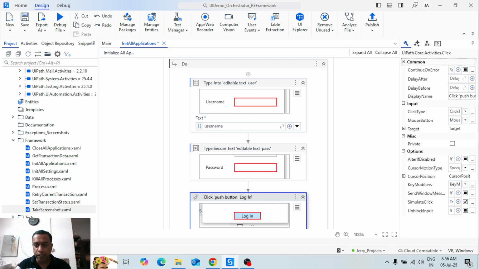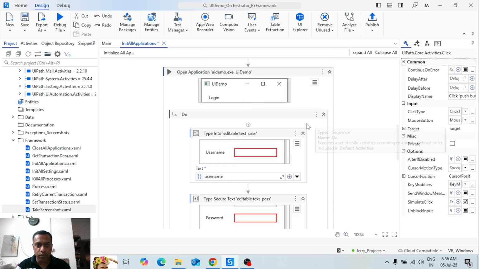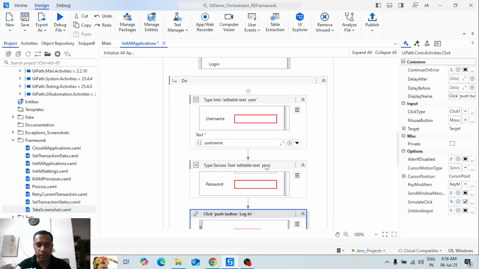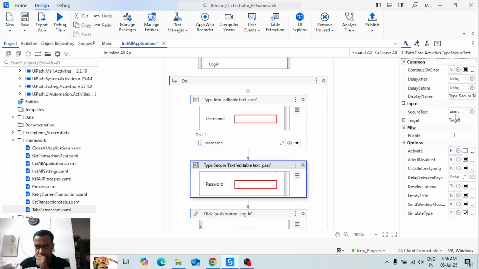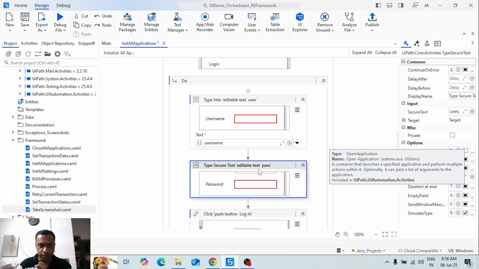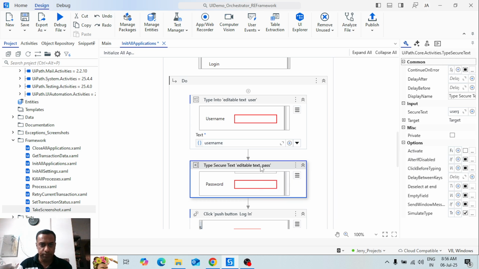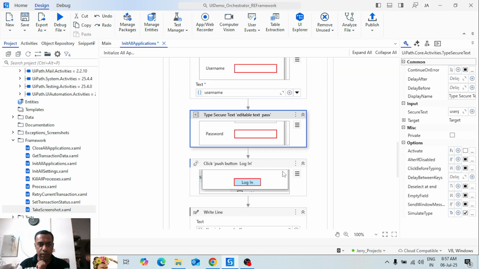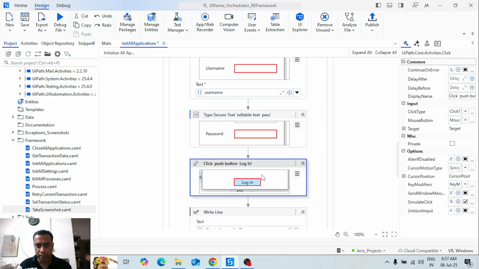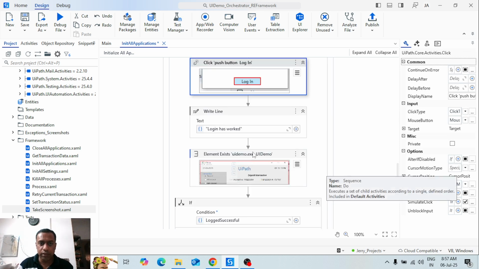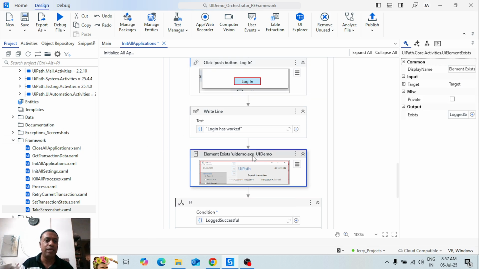And then here we are using simulate click. So what we captured over here, the username is fed over here, the password is fed over here. It's a secure text that we're using, right? Otherwise, it'll give you an error. Then we're pushing this login, we're clicking that. And the write line is not required. This is just for my check. We just want to make sure, hey, element exists is whether that application has been opened up,